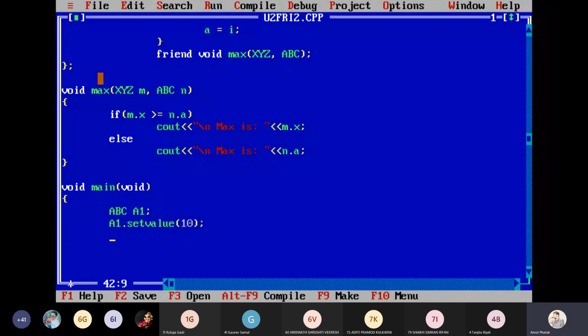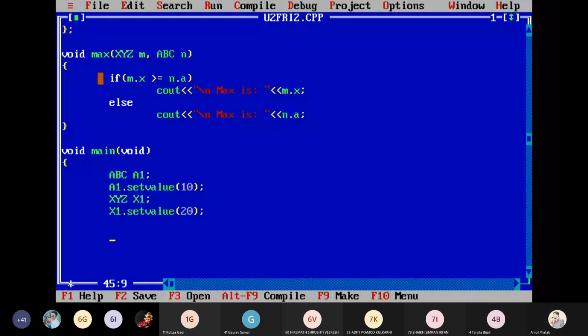Now declare the XYZ object X1, and X1 dot set value 20. Obviously, the maximum between these two will be 20.